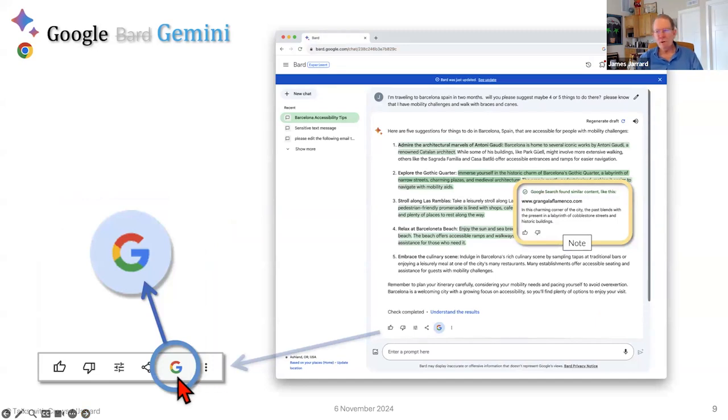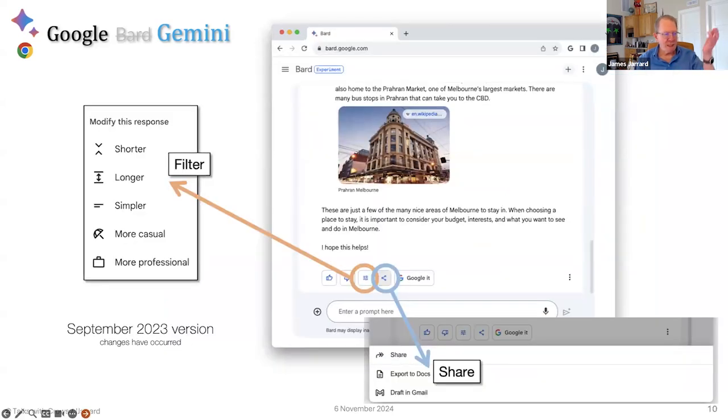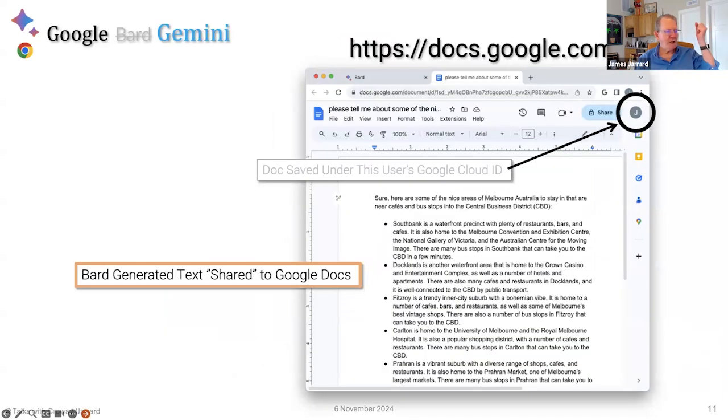You can get Google to tell you where it got its information. Again, from this little bit down here. And it shows it's integrated with very subtle color differences. Here's make it longer, shorter. Here's putting it in Google Docs.